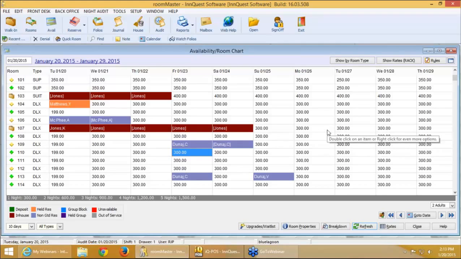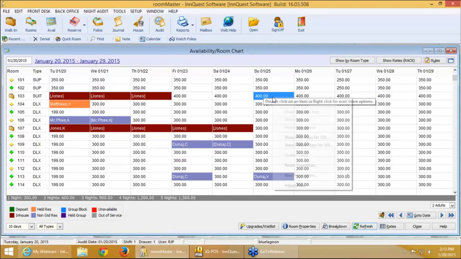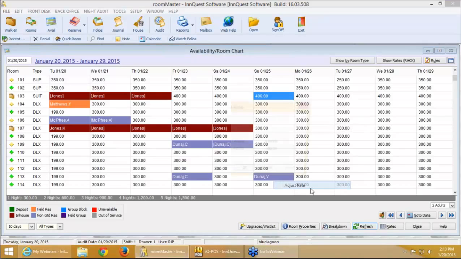Because if you do, your system will slow down to a crawl. That's not the purpose of this screen. The purpose is to make fine-tuning to simple rates. Maybe you want to change a certain day because you see the occupancy is not what you want, or you want to raise something. So you can go ahead and right click, go to adjust rate, and it will, notice